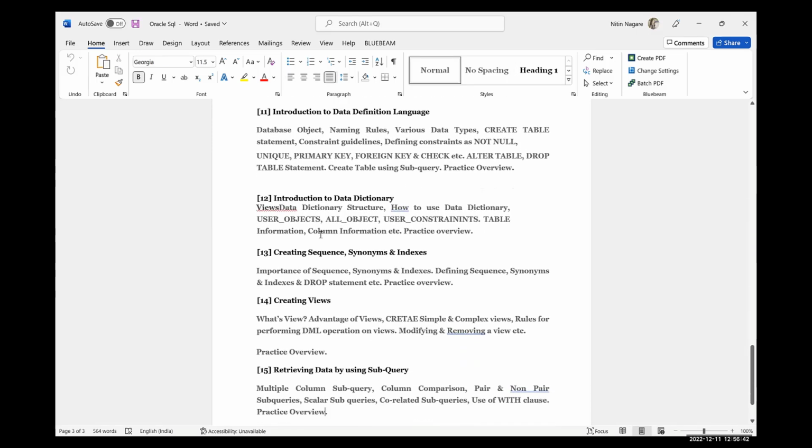We will see constraints. We will see views. In views, there are different views: we have a force view, a complex view, and a materialized view. We will again see synonyms, indexes, and partitioning. All these concepts we will see.